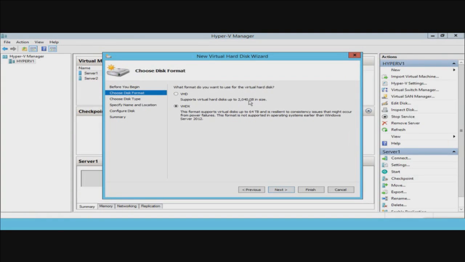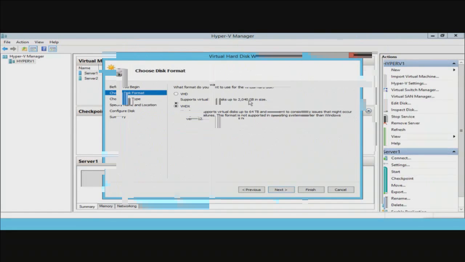but there are some restrictions in its size, as you can see here. The new format is VHDX, but you need to have this on running Server 2012 R2. It supports a much larger size, up to 64 terabytes, and as it points out, is more resilient to power failures. Now, you can convert these, and I'm going to browse out to the disk that I just